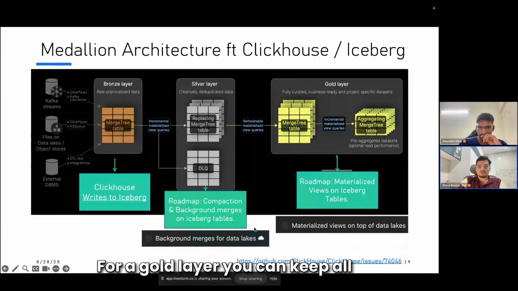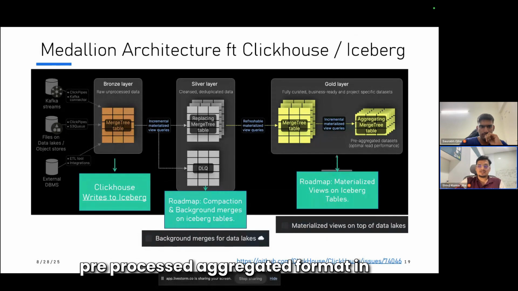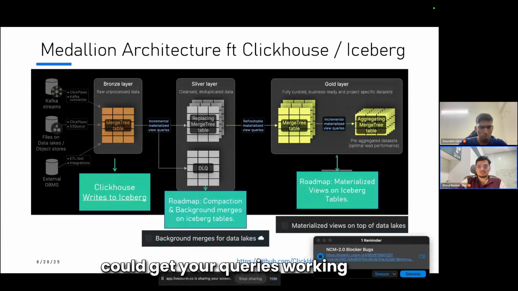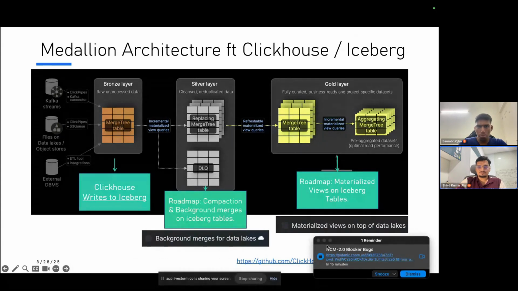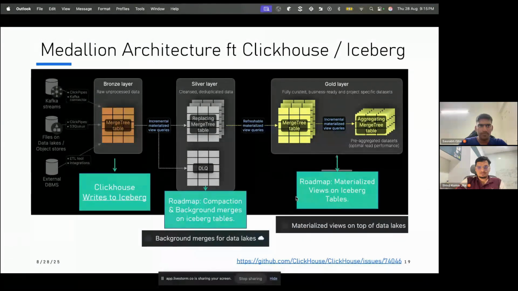It would be amazing for a gold layer. You can keep all your heavy backend queries on Iceberg. And then if you want real quick access, you can put it into a ClickHouse pre-processed aggregated format, in ClickHouse native format, and you could get your queries working really quickly that way. Here is the link for the roadmap, by the way.